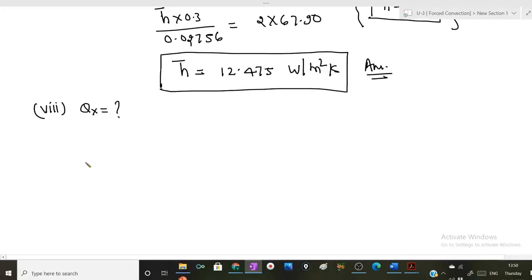Now how does heat transfer take place from flat plate to the fluid by convection? And in convection, heat transfer rate can be calculated by Newton's law of cooling. So from Newton's law of cooling,